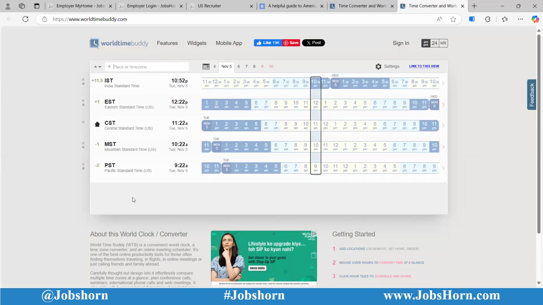So this is what, as a US IT recruiter or US recruiter, you have to learn first. Respect the time zones. You can take a screenshot. It is all being recorded. You can always refer back here, and you can memorize these things. Okay, let's go to a different topic, Srilata.